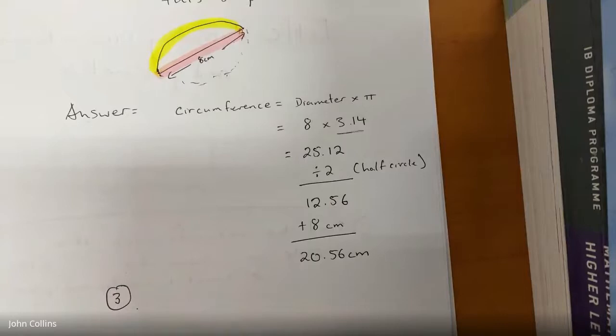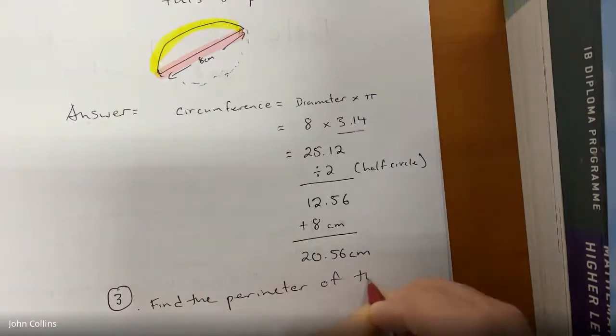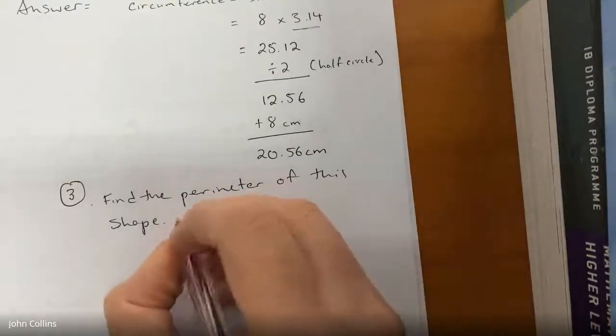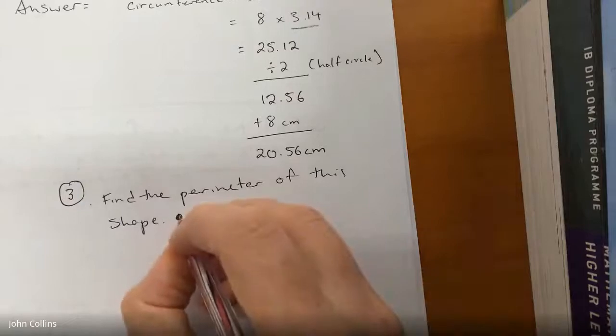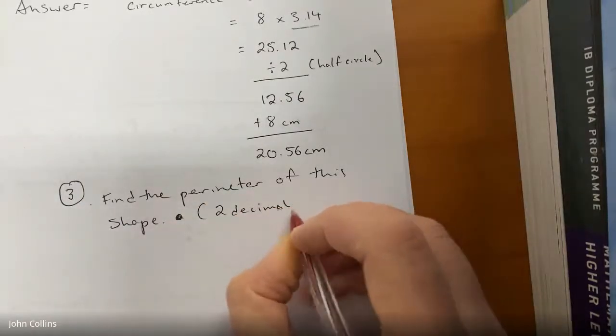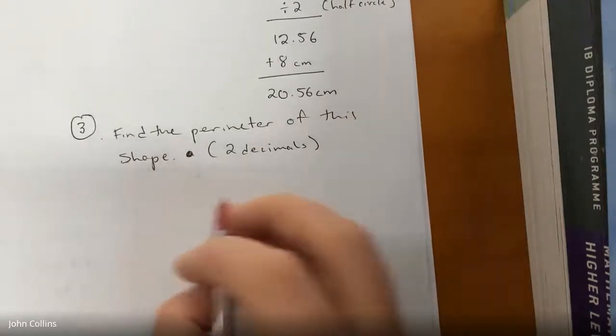Okay, so again, it's going to be a perimeter. So once again, I'm going to put up here, and if you can get it faster than me, go for it. Of this shape. And we'll do 2 decimal places in case somebody wants to use a calculator. So it's 2 decimals. Okay. So this shape